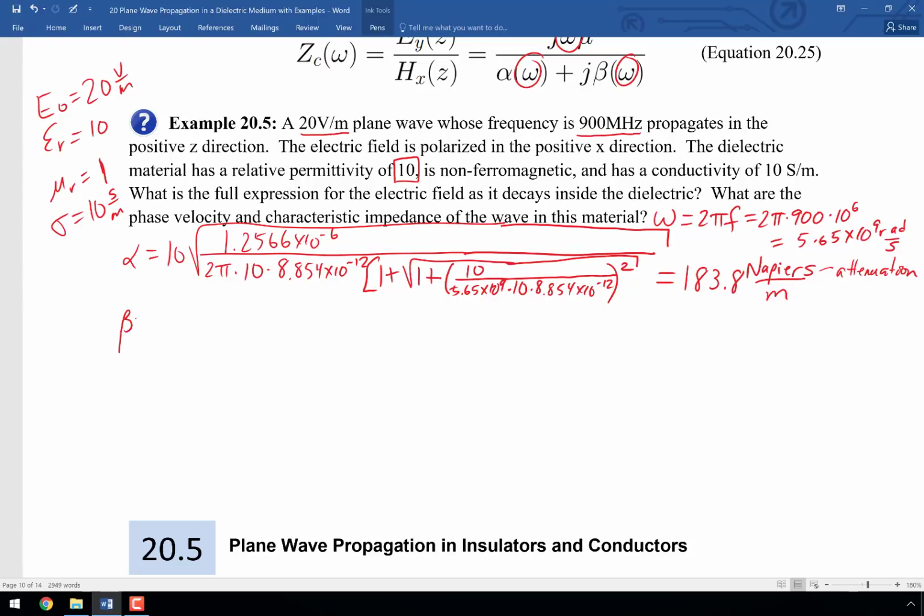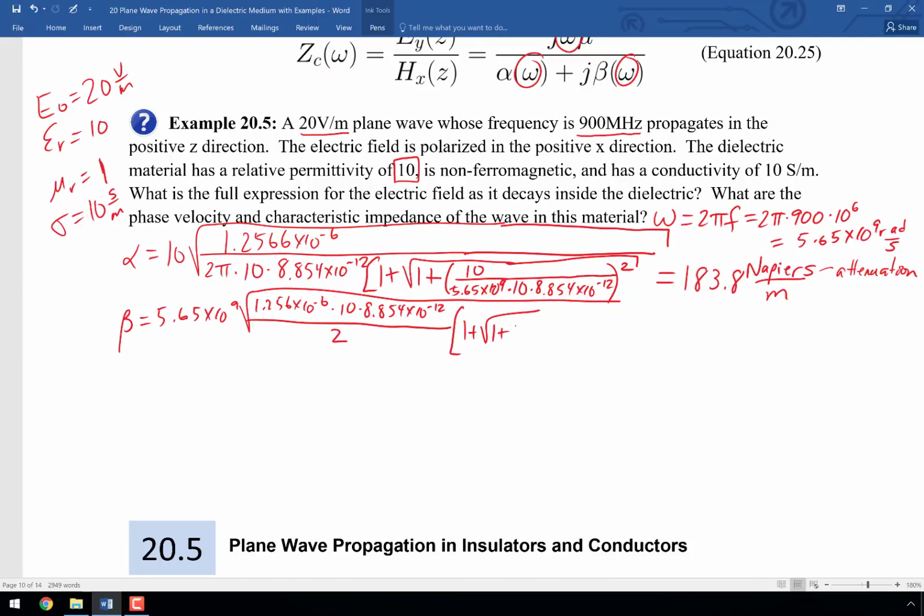Okay, we got beta. Beta is equal to 5.65 times 10 to the 9th times the square root of 1.256 times 10 to the negative 6th times 10 times 8.854 times 10 to the minus 12th, and then all of that is divided by 2, and then we have 1 plus the square root of 1 plus, and obviously if you were doing this by hand you could calculate that square root quantity one time and then use it